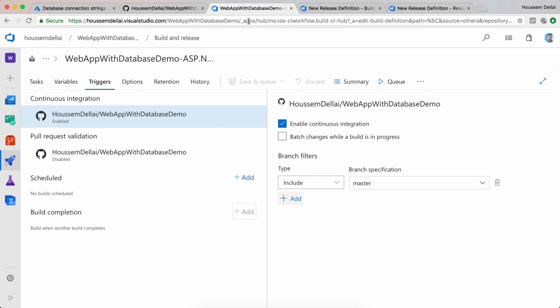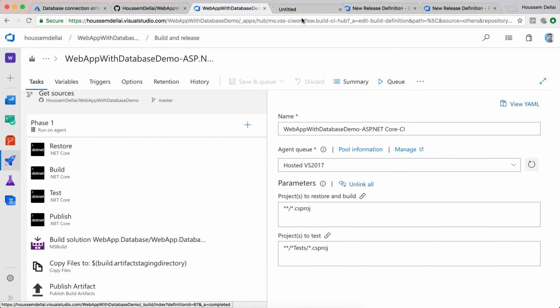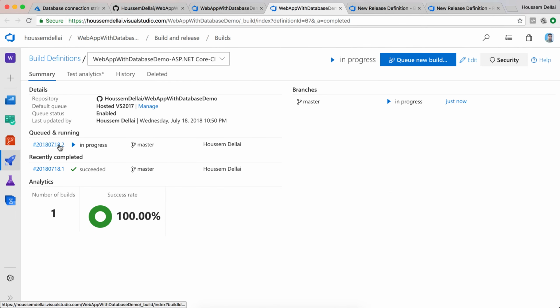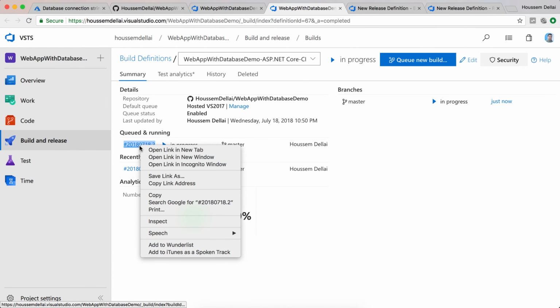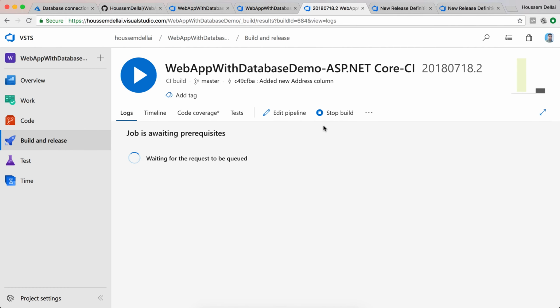And if I go here to my build pipeline, which is now a CI pipeline, and I go to summary, I should see that there is a build in progress. So if I open this build that was triggered by GitHub,